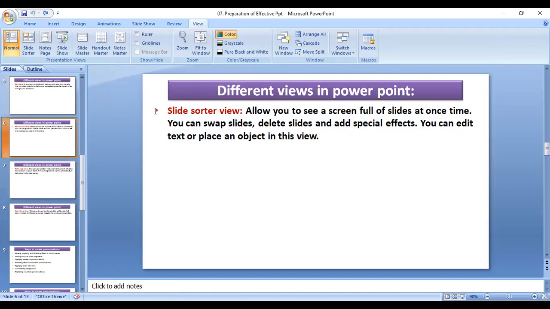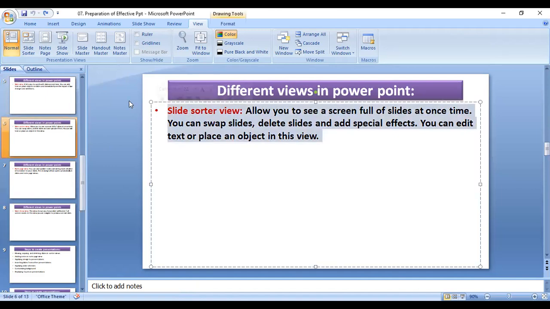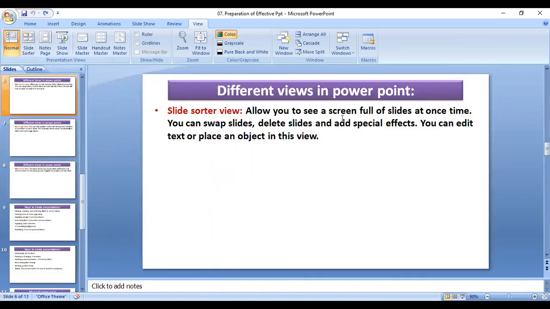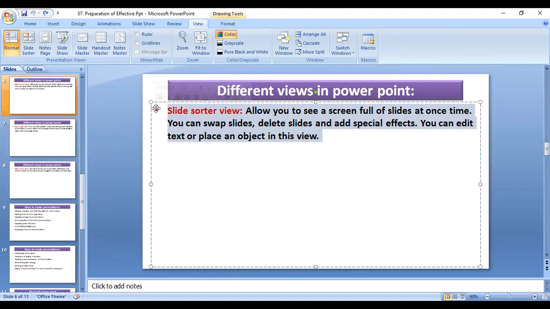The next view is the slide sorter view. Now here is the slide sorter view. If you click on that slide sorter, you will see all the slides like that. Okay. So it allows you to see the screen full of slides at one time. You can swap slides, delete slides, add special effects. You can edit text or place an object in this view.